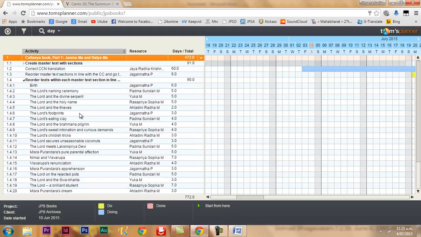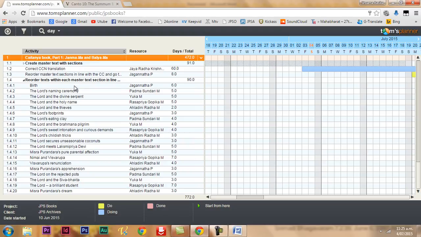The Lord was walking inside his home without anklets, and still the sounds of these ankle bells were heard by Shachi and Jagannath Mishra, the Lord's parents. They also saw footprints which contained the symbols of Lord Vishnu's footprints. The Lord ate clay, for which he was chastised by his mother. The Lord showed himself to a Brahmin pilgrim, and so on and so on.